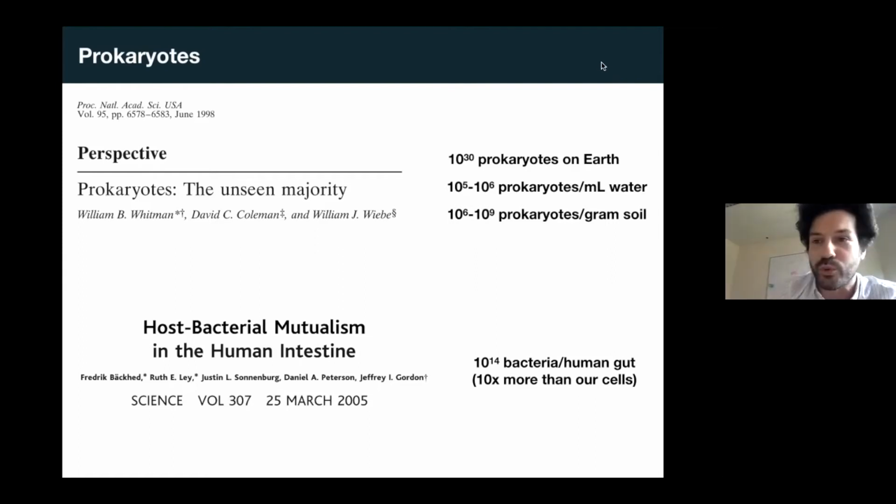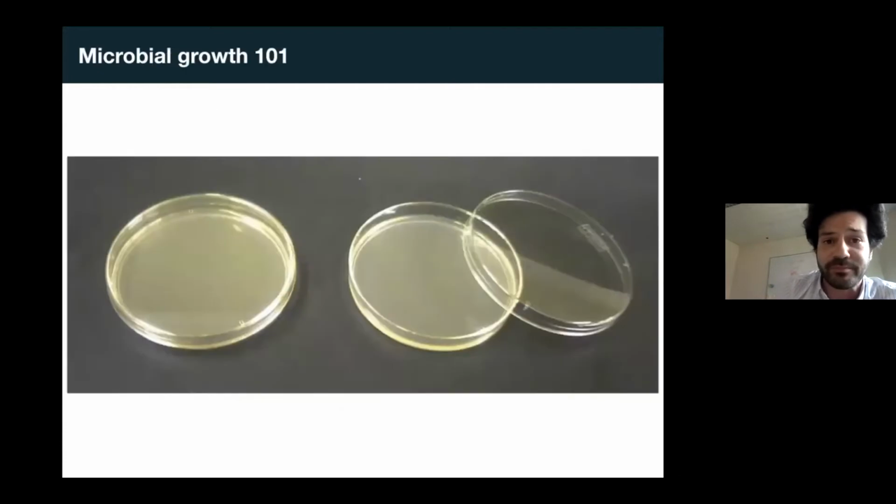How do we grow these bacteria in the lab? Well, we have two different ways of growing them. One possibility is to grow them in a petri dish, so on a solid culture. This is an agar petri dish. So it's a hydrogel that has nutrients. And if you put a source of bacteria, for example, if you stick your hand in the petri dish